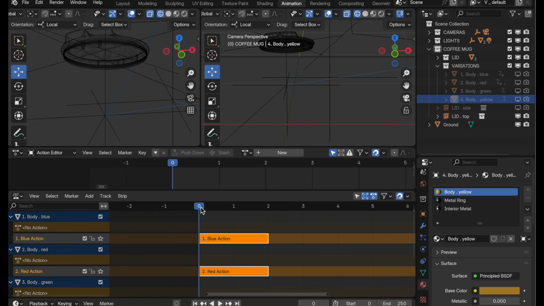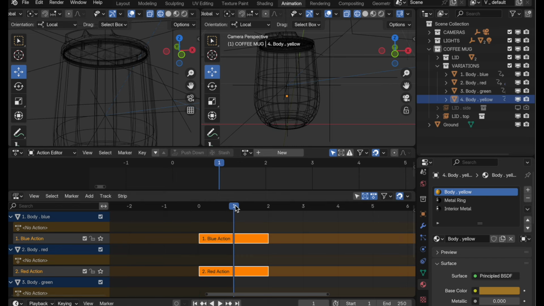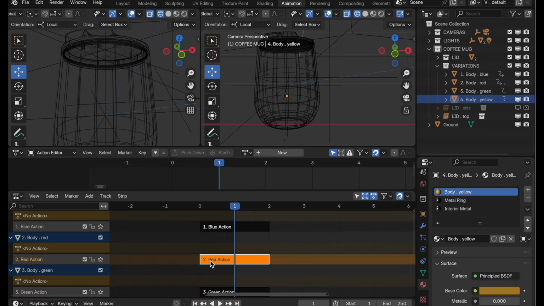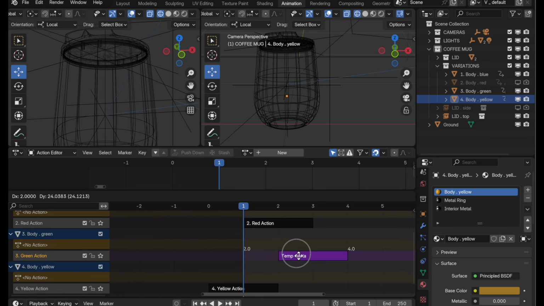The current time marker is 0, but we don't have an object show up until frame 1. So we're going to start our animation at frame 1, and then when we jump here, we can see that blue one appear. Now, we've got overlapping objects. You can see Z fighting going on in the rendering. So we need to come down to the next one, and we need to stagger it by 1 frame. So when the first one here gets to the 3rd frame of that whole segment, it's now in an off position, and frame 2 of red is now on. So let's just stagger each of these